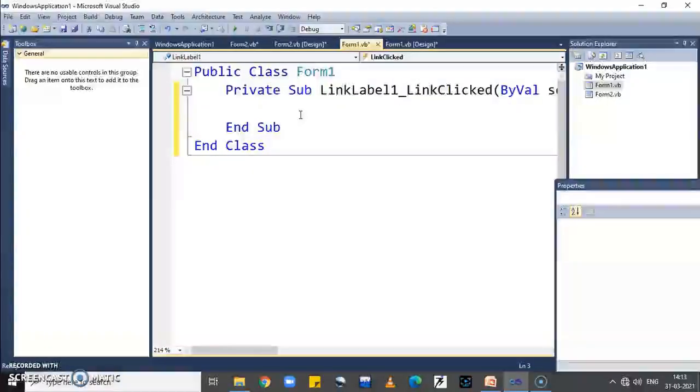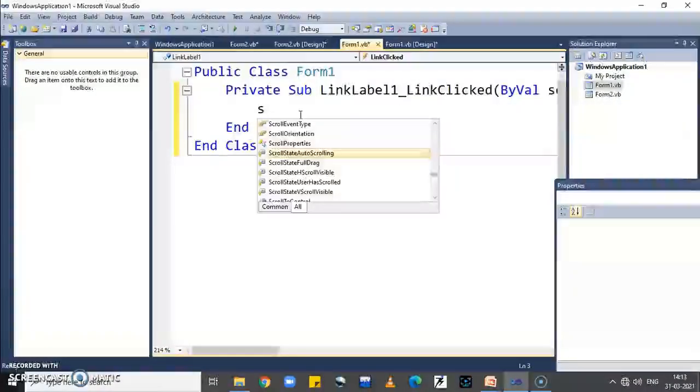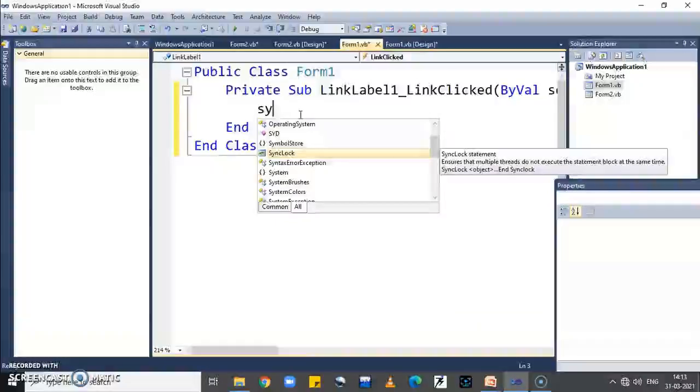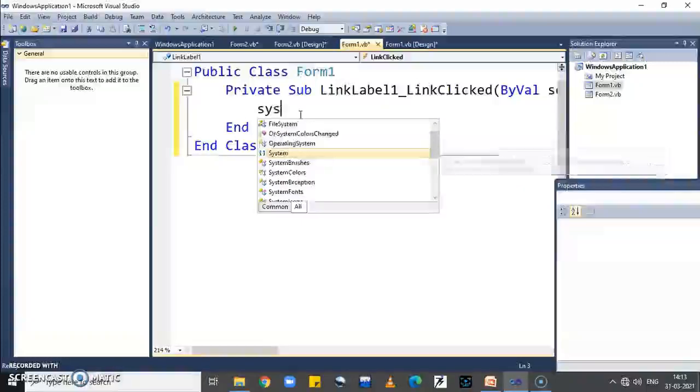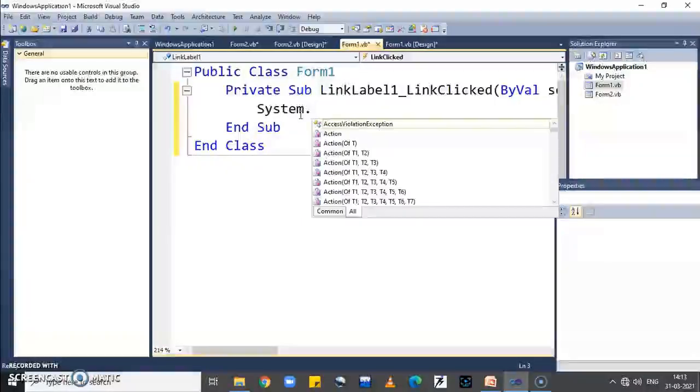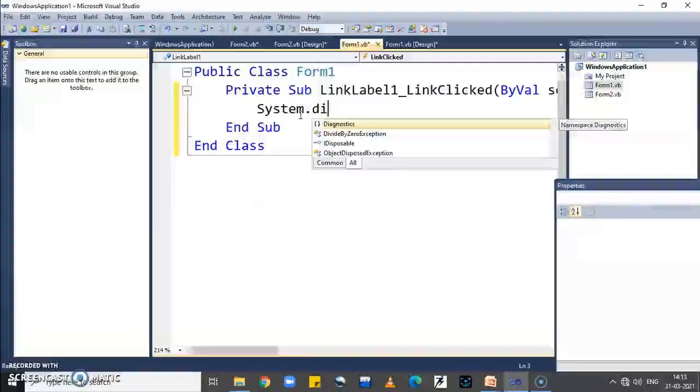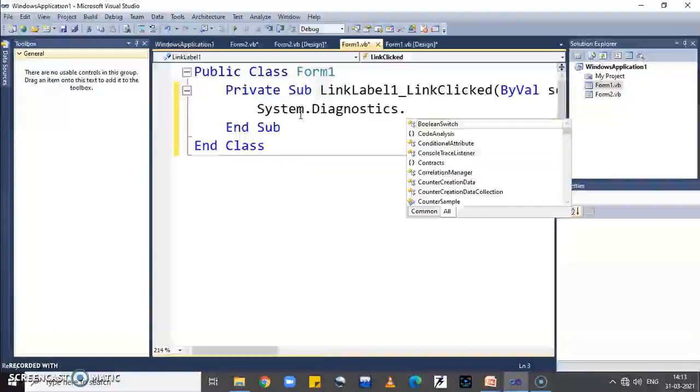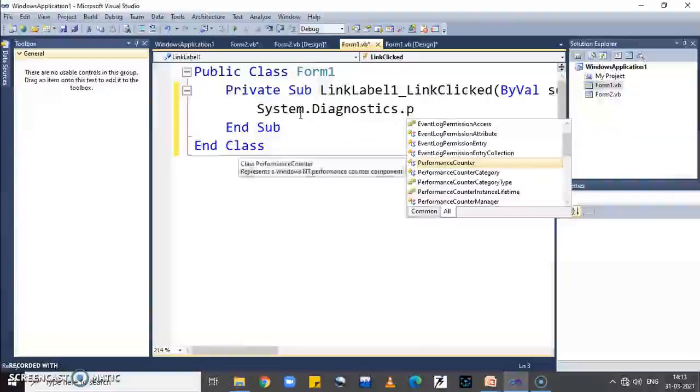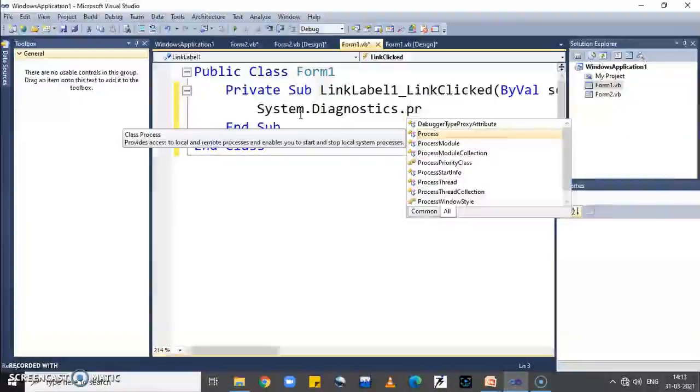Now here I just write the code which is used to open the notepad's exe file. So first of all, write System. It is a namespace. Dot Diagnostics, which is again a namespace. Then Process, which is a class in the Diagnostics namespace.